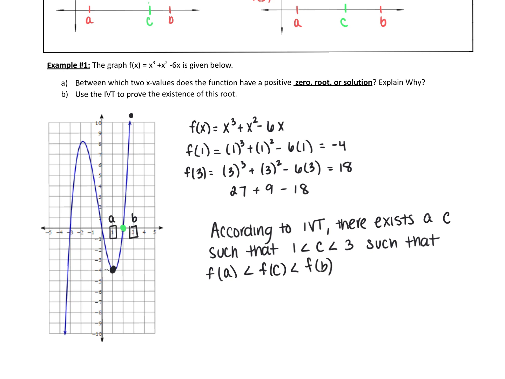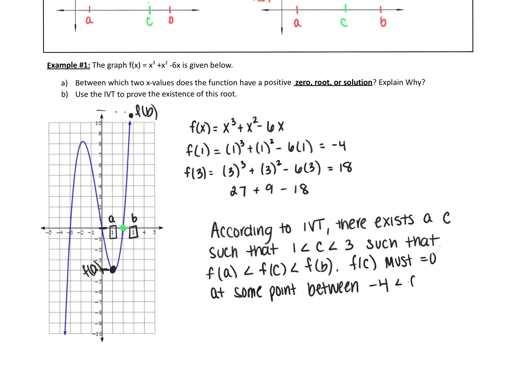So what that says is, here is your f of A value, the -4, and up here is your f of B value, the y value here, the y value here. There exists an f of C in between. Since they're technically asking for the existence of a root, you have to state the fact that you understand that it went from negative to positive, therefore it will pass 0. So you could say f of C must equal, at some point, between -4, which is the y value,